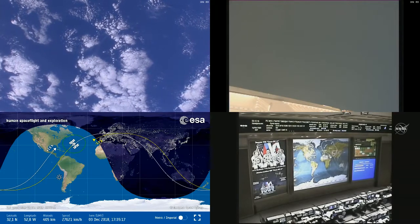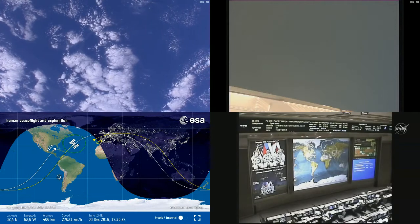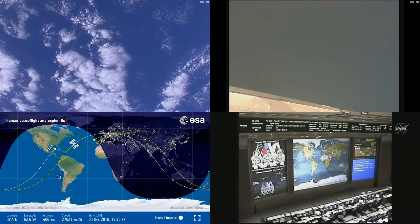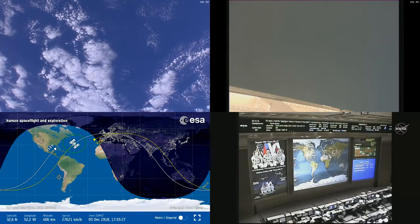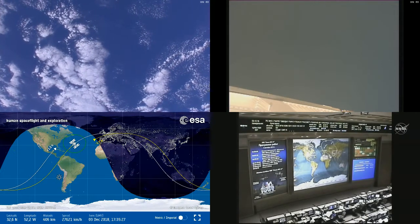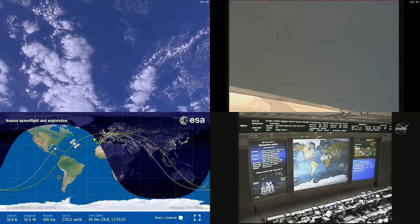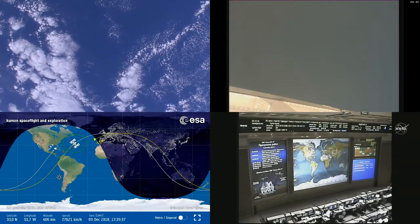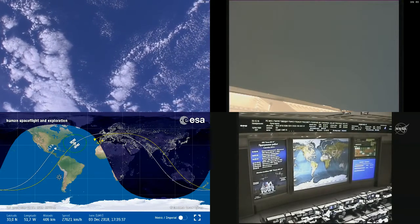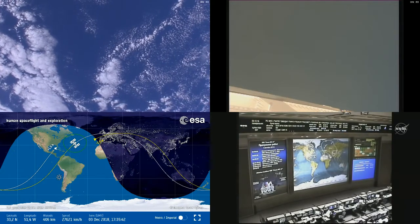Do we need to keep the button pressed? Yes. We are closing RPV 1, R7. We have confirmed contact and capture of the Soyuz MS-11 craft to the Poisk module of the International